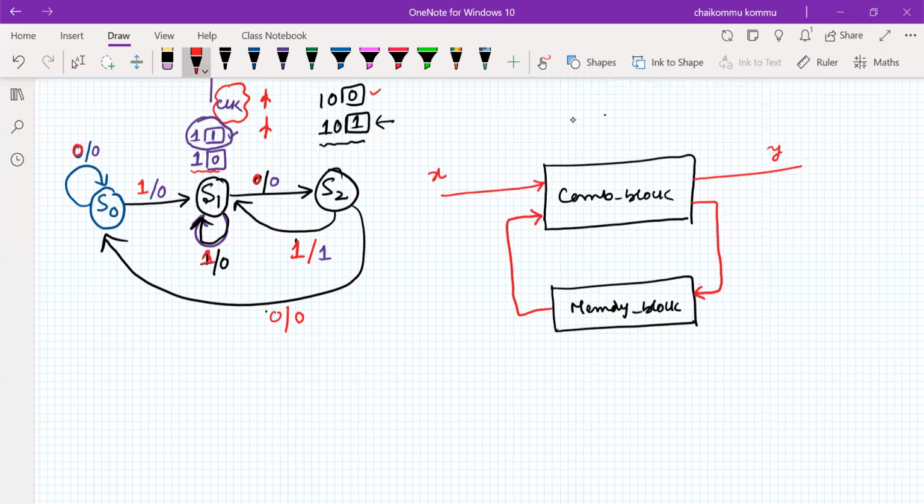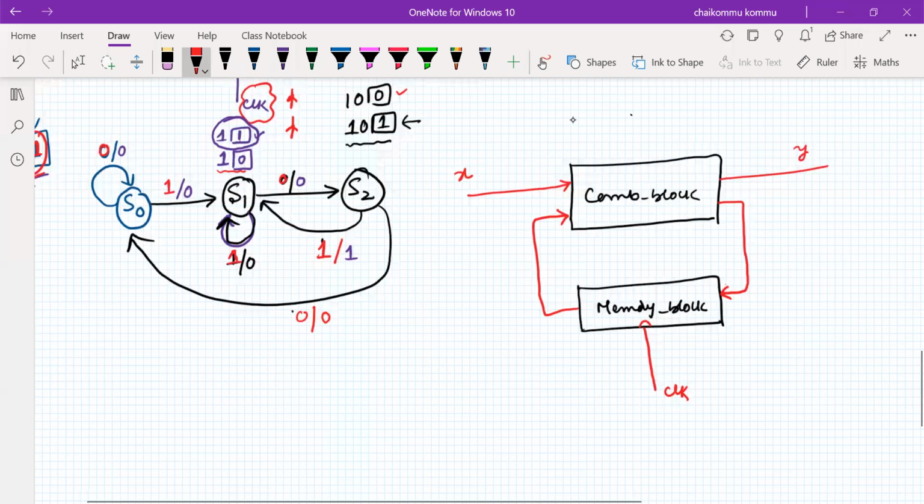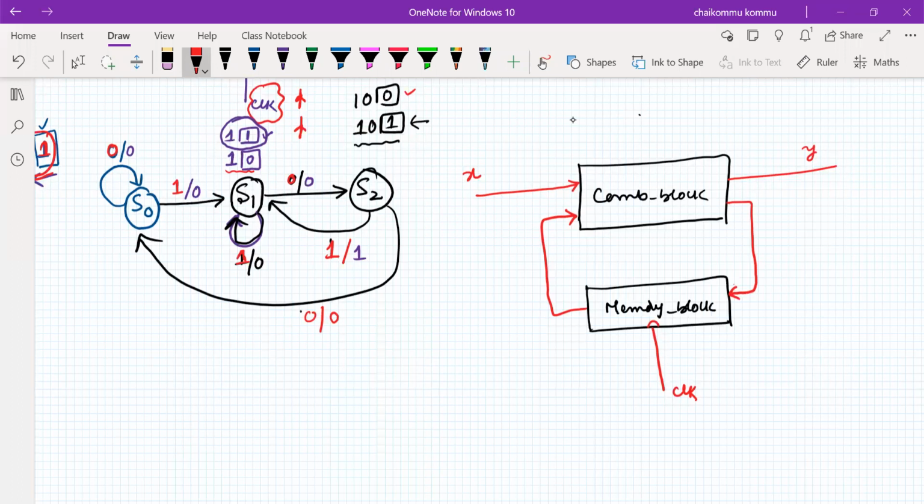Can anybody tell me what is the size of this memory? Of course, memory is there, clock is there. What is the size of the memory? As I mentioned, the content available in the memory is nothing but the state of the system. How many states are there here for this particular system? 3 states are there. For example, take one bit for the first state, and for the second state, one bit, then how many bits do we get? 2 bits we get, right: 0 1 1.